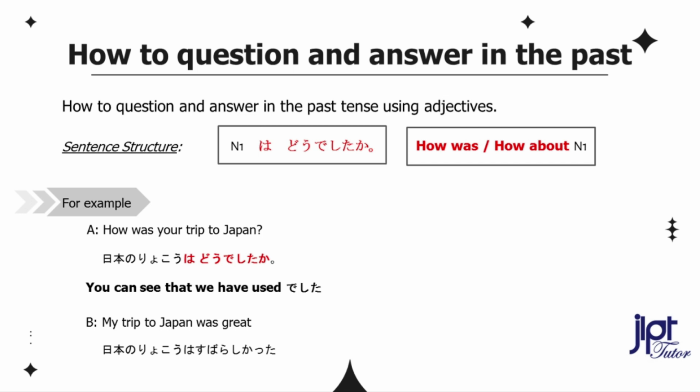You can see that we have used deshita, which is a symbol of past tense as we have learned in lesson number 1. So, if you have missed lesson number 1, go and watch it now. Now, let's see how to answer the above question. My trip to Japan was great. 日本の旅行は素晴らしかった。